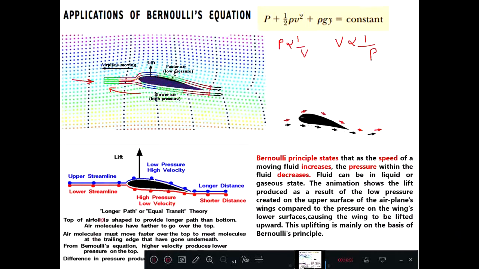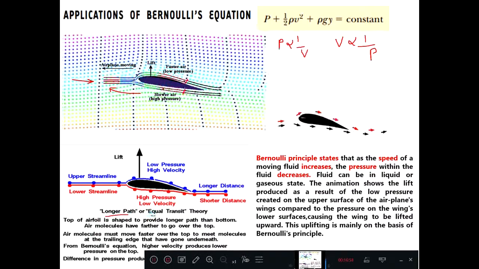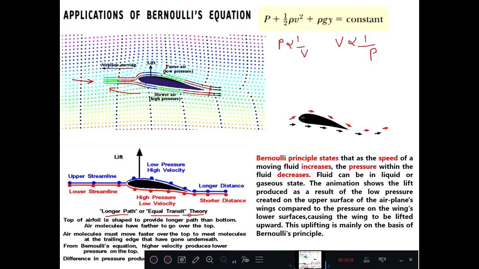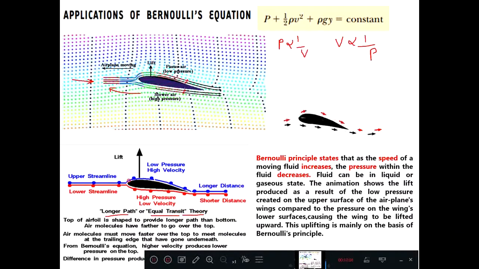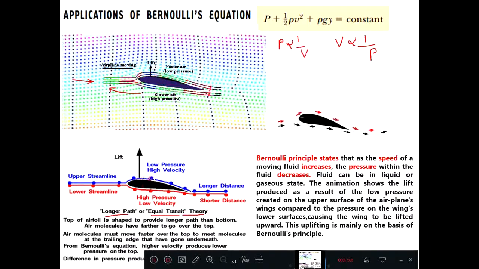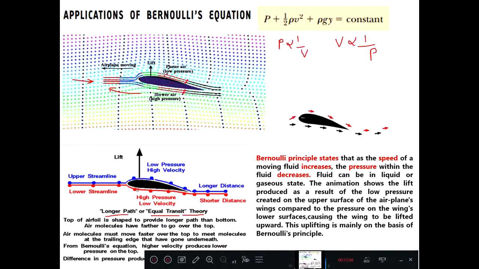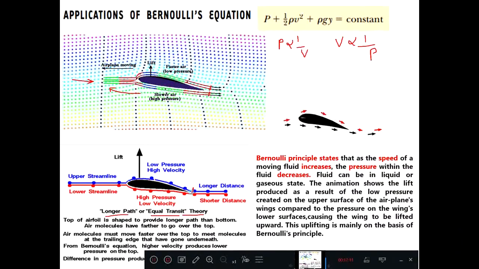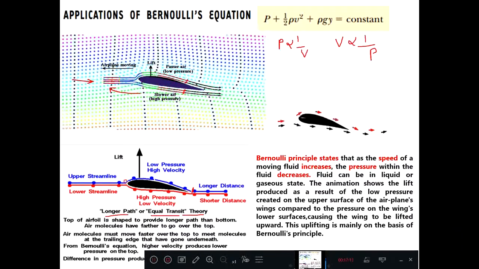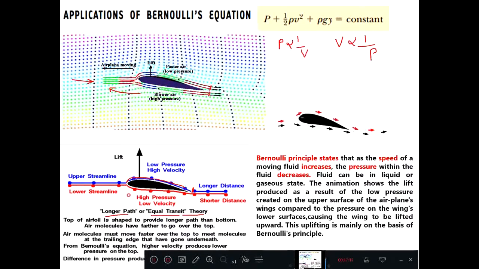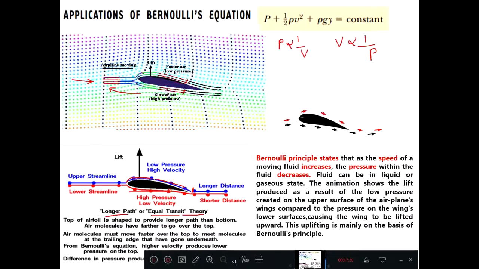So here it is written longer path or the equal transit theory. This is called the longer path or equal transit theory. It means the air particles on the upper side and the lower side are given the same time period to reach this end. Since this path is longer, and this path is shorter and straight,